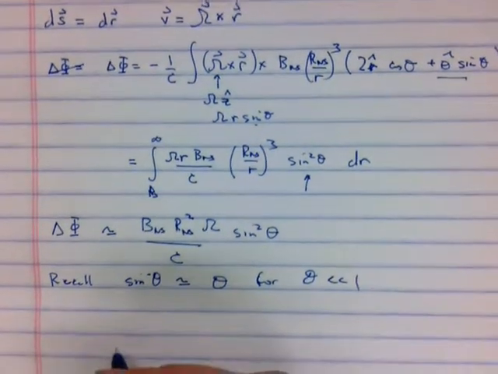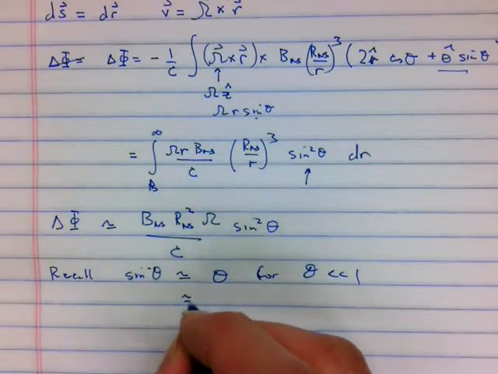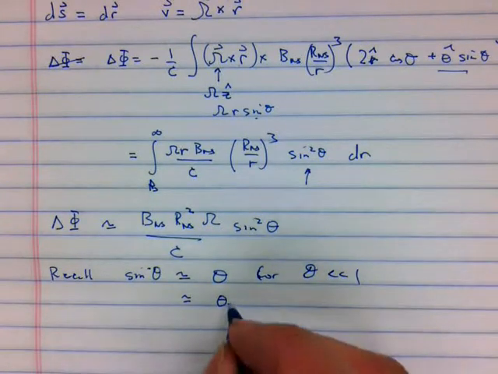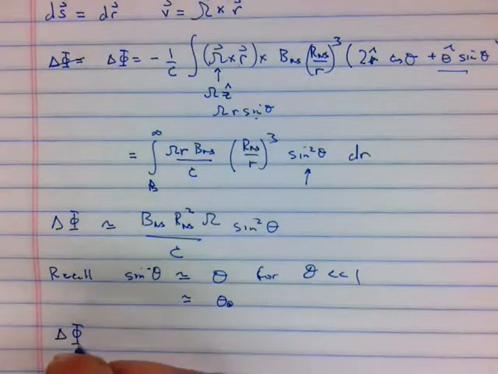So what we're going to use here is theta naught. So this is going to be approximately equal to theta naught, and so sine squared theta is going to be approximately theta naught squared. So delta phi is